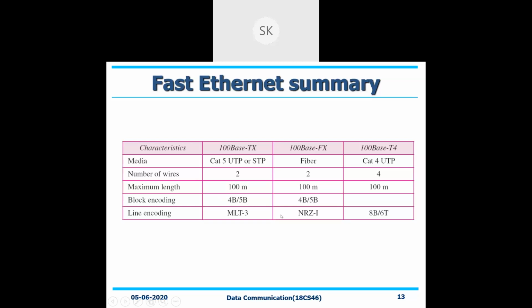From the other end, 5 bit will be reduced to 4 bit, and it will be taking what are all the 4 bits that you are having. So this is one additional bit you will be attaching, and it will be transmitting that particular area. So 4 blocks of data it will be receiving, and from that, 5 blocks of data it will be transmitting, converting, and transmitting to the other end.